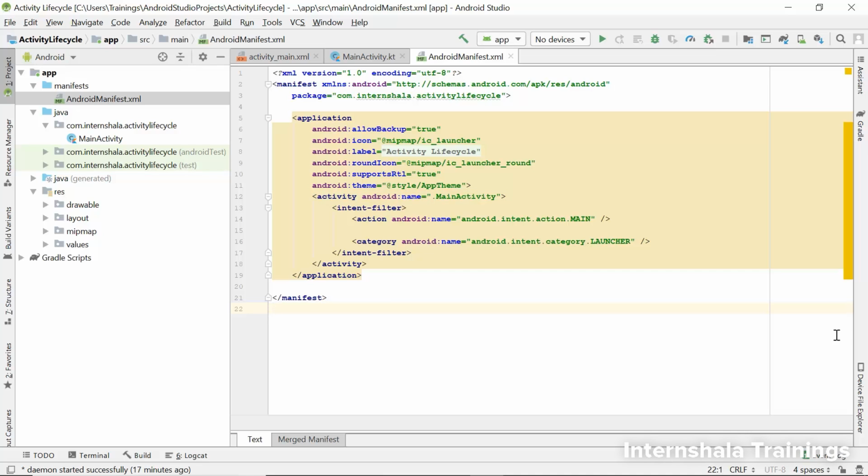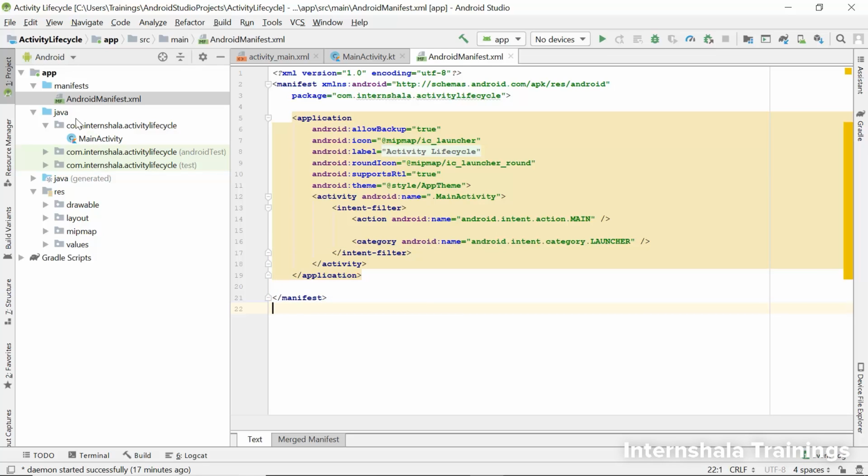Now this activity tag has another tag inside it called the intent filter, and it has some actions. So if you see here, one of these actions is main, which can be thought of as the main function we created in Kotlin. This means that this activity will be the entry point to the application. Next is this launcher intent, which means that when the app opens, this particular activity will be displayed to the user. Hence the name launcher. And then finally, all the tags close here. So that was about the manifest folder and its contents.